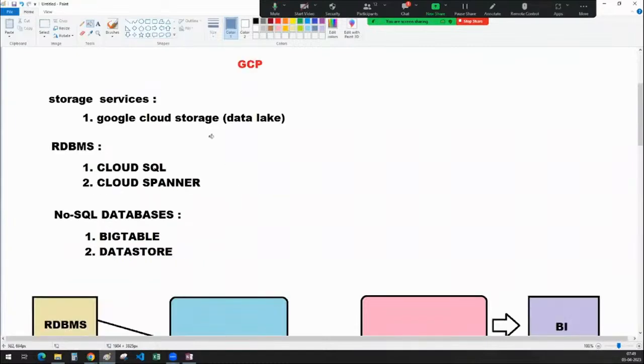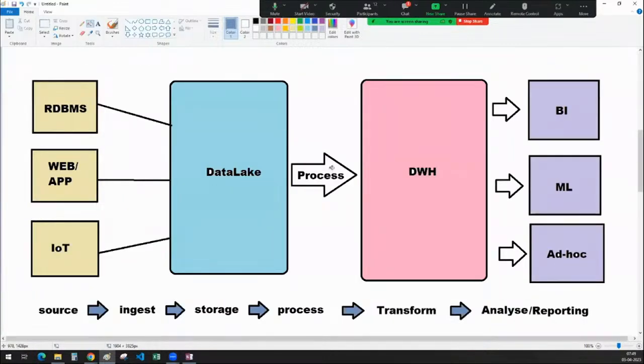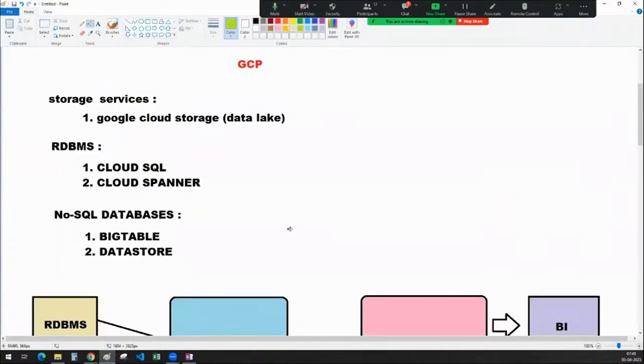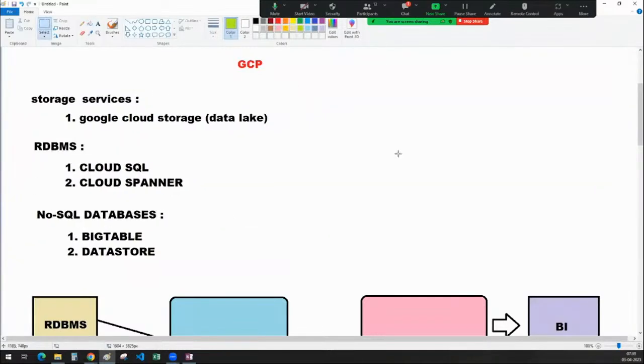What is the data lake, sir? In GCP, we are learning the Google Cloud Storage that is acting as a data lake. And after that, we wanted to do some processing on top of it, right? This is also a very important step, guys. This is not a very simple step. Processing. What are the processing tools that we are going to learn in our session? If you ask me, I want to mention those points here.